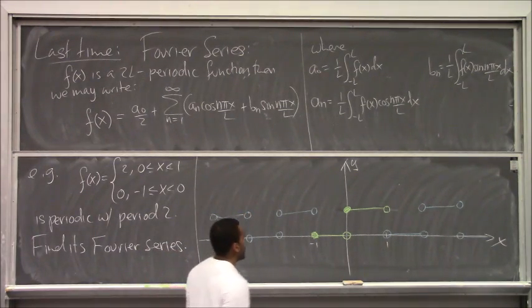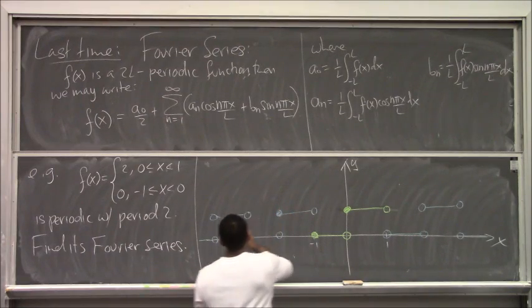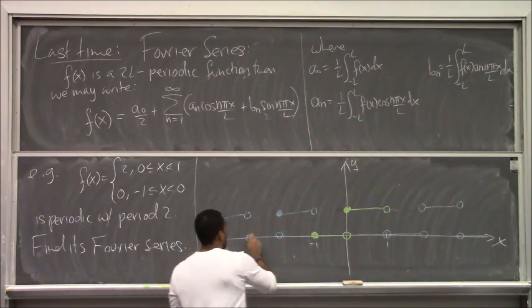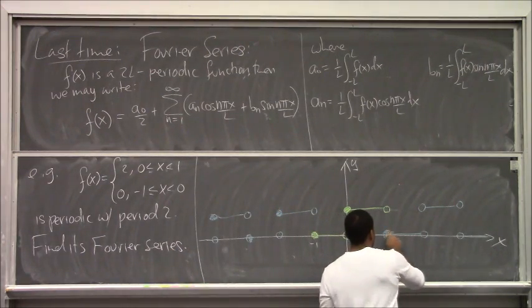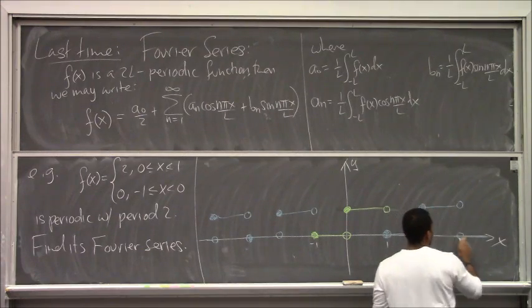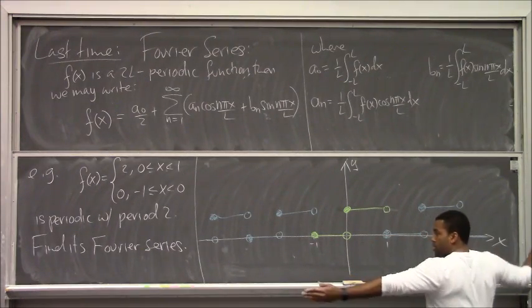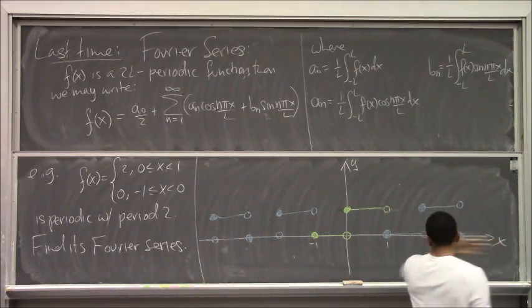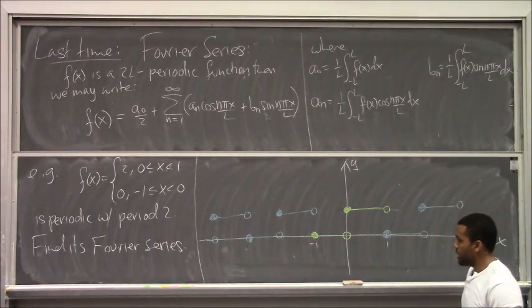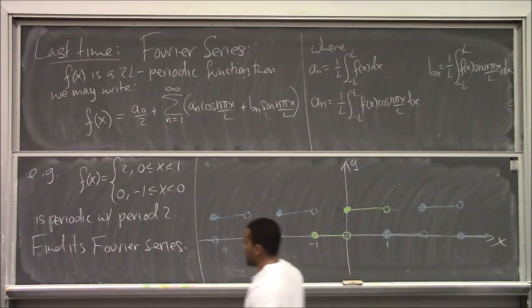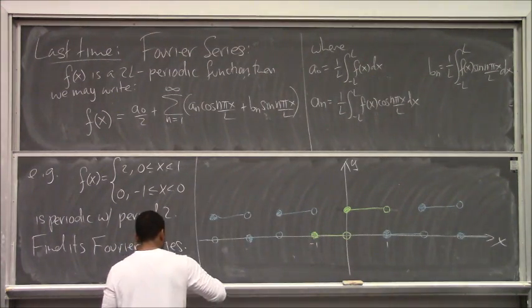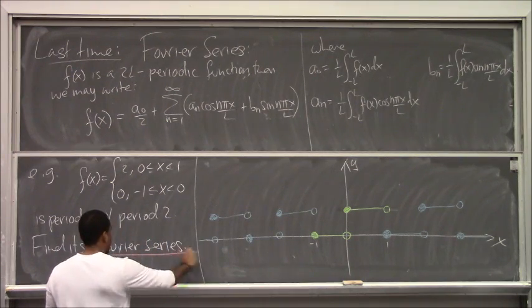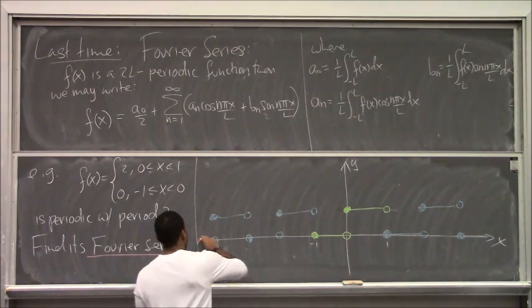Pretty much every 2 pi. I'm just going to have copies of this thing, going on forever. So this is going along the entire x-axis, and that's the pattern. So now we want to get to a Fourier series. So one iteration might look like